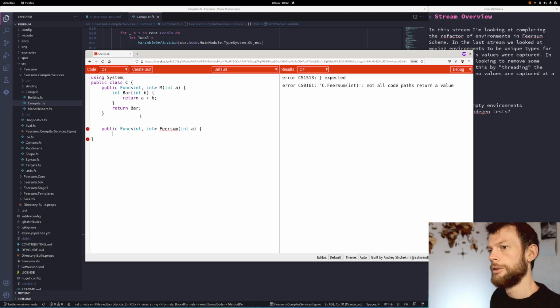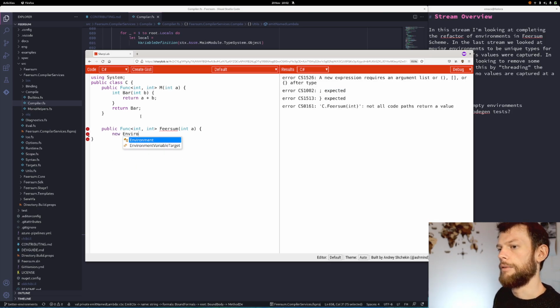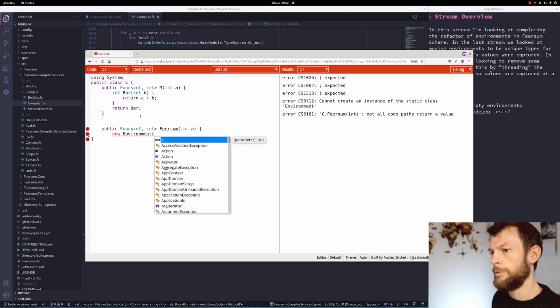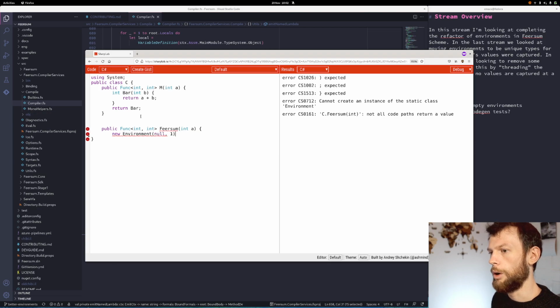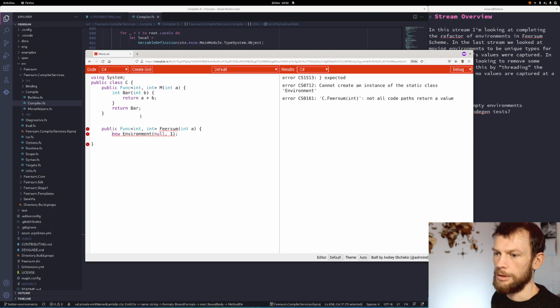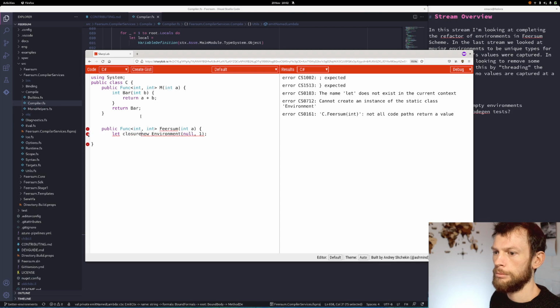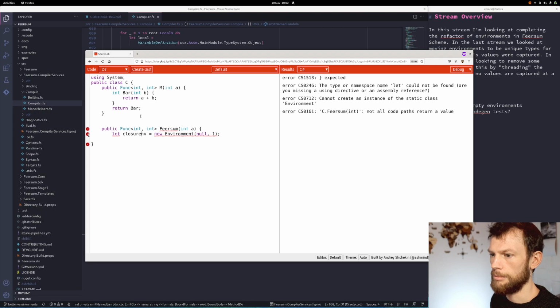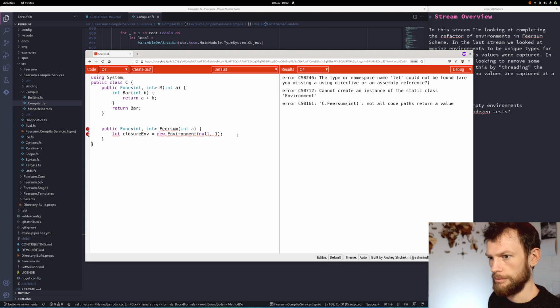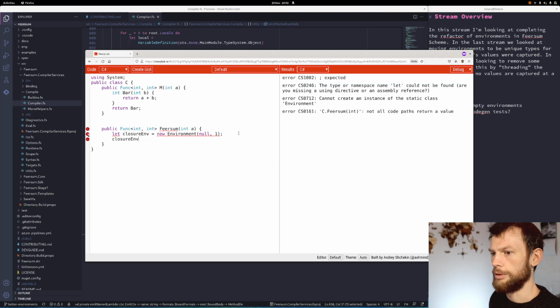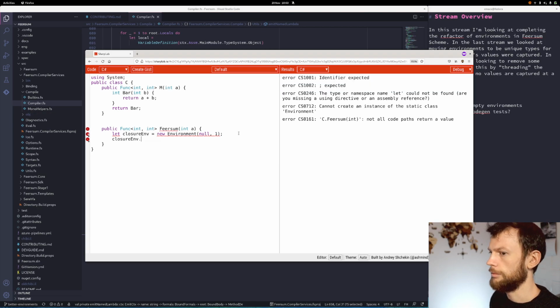Then we would have done new environment null 1. That's not a very good name. So we would have created a closure environment, and then we would have done closure environment dot slots